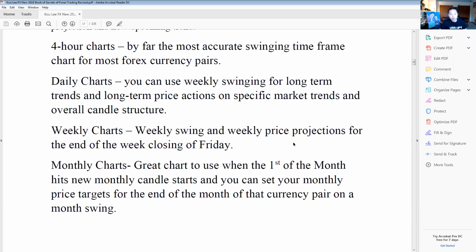If you clearly look at swinging right now compared to last month, because we're in the month of August, from July until now there's really not a whole lot of swinging involved. Everything's just been consolidating up and down in very tight price ranges. And if you look at the daily chart and the weekly chart, you can see that